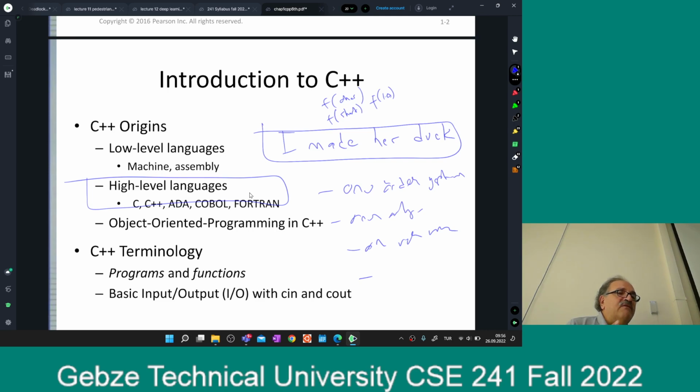Whatever you can do with C++, you can do the same thing in C too. In fact, all of whatever we do is translated to assembly and machine code, right? So you don't talk about this being possible in C but not possible in C++. Whatever you can do in C++, I can do the same thing in C or assembly or machine code. The thing is that for us human beings,